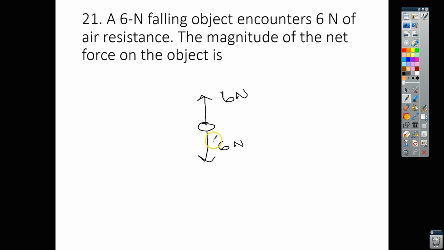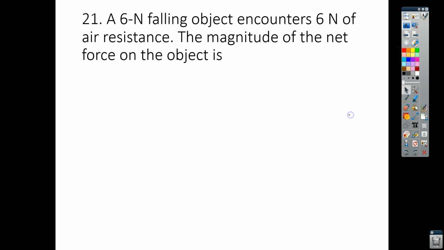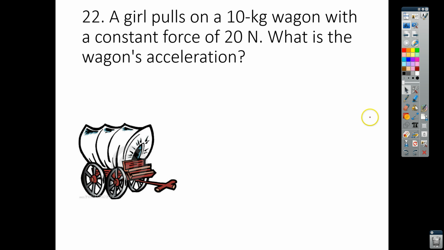Because this one's going up, we'll make it positive. The other one is negative because it's going down, and if I add the two, I end up with a net force of 0 newtons. So it wanted to know what its net force was. For the next question, number 22,